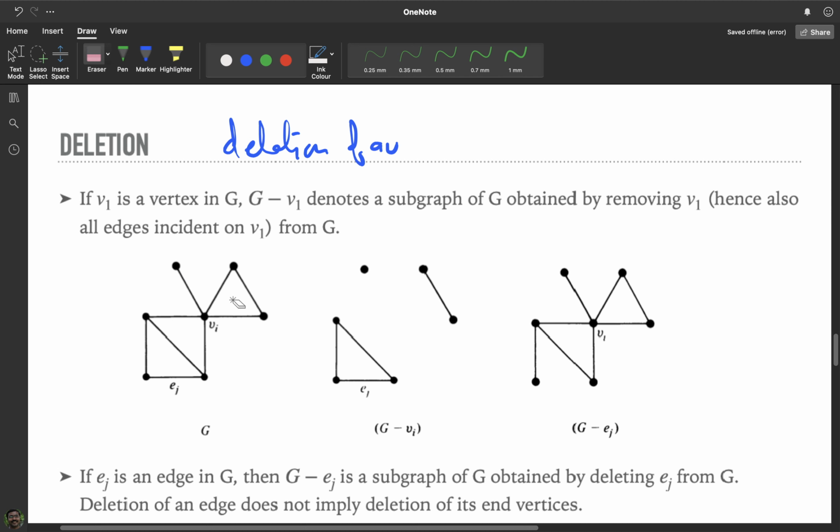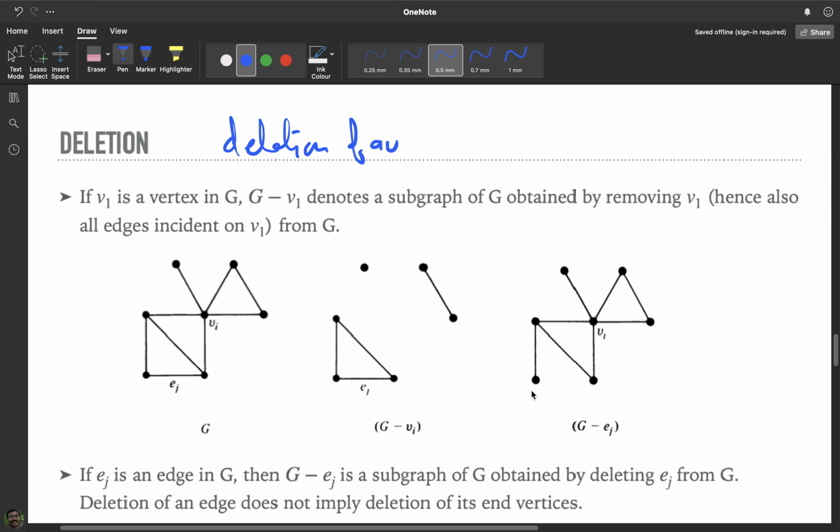When you delete an edge, the vertices won't go because there could be other edges also which could be incident on the vertices. So when you delete an edge, the vertices would be lying there, only the edge would go. Okay, so if you delete the edge E1, what will happen? You will be left with this vertex in which just this edge has been removed. But when you delete a vertex, the incident edges also will be removed. So when you delete an edge, nothing will happen to the vertices. But when you delete a vertex, the vertex together with those edges which are incident on the vertex would also be deleted. Okay, so that is the idea of deletion.